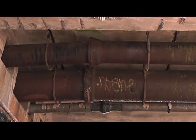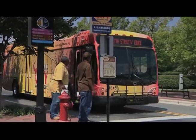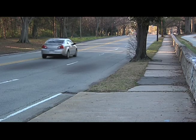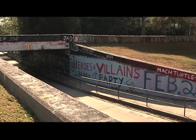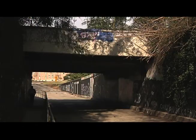So the bottom line is for the waterline project, the Bull City Connector will continue to operate on Main Street, somewhat inconvenienced with one lane in each direction. Same won't be true with the bridge replacement project. Again, with the closure, it will no longer be able to travel on Main Street, and as a result will